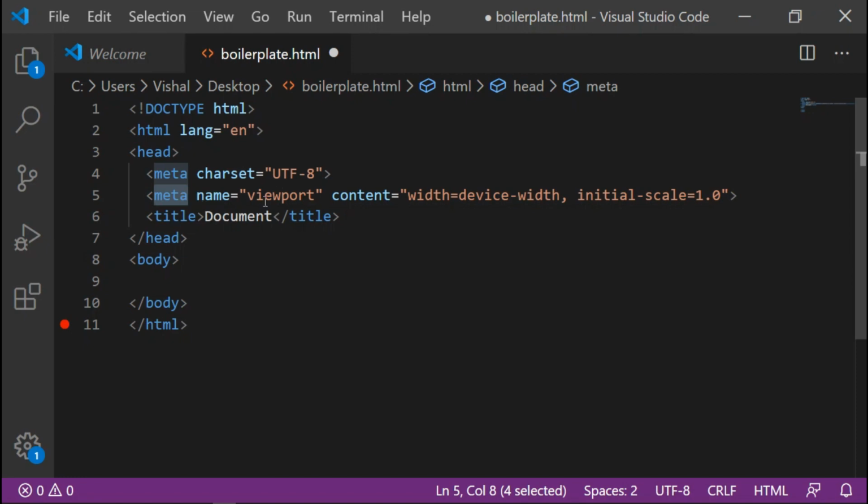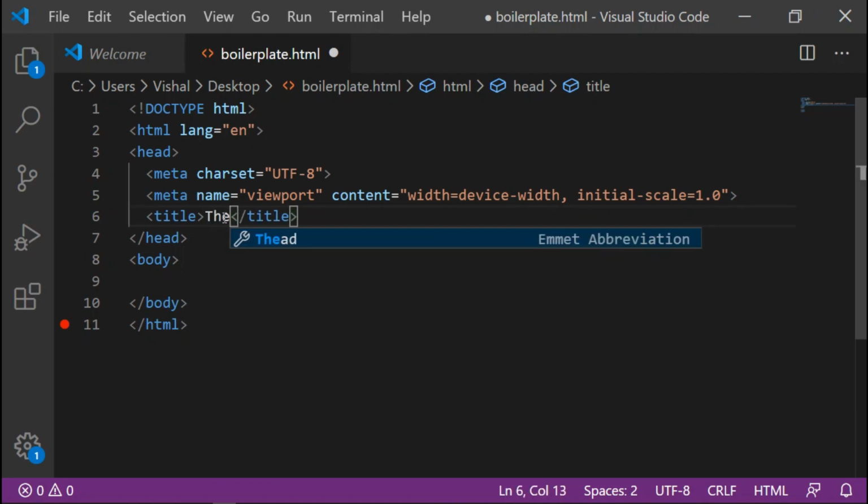Next, in the meta tag, we can see here the viewport. Well, why do we use viewport? Whenever your web page loads on any device, it has to be synchronized with the width of the device, and the initial scale must be set to 1 so that it arranges all the content of your web page according to that device. Coming to the title, VS Code gives you document as its default title. You can change it as your wish.